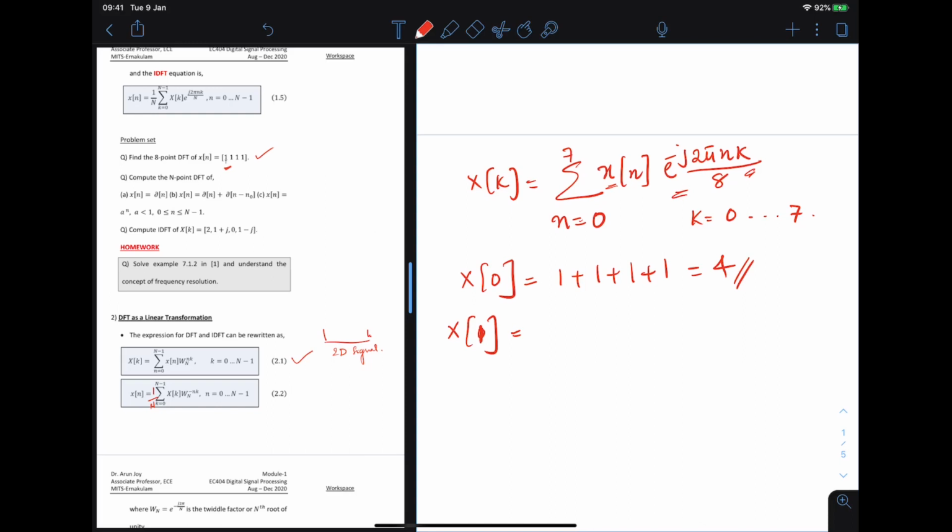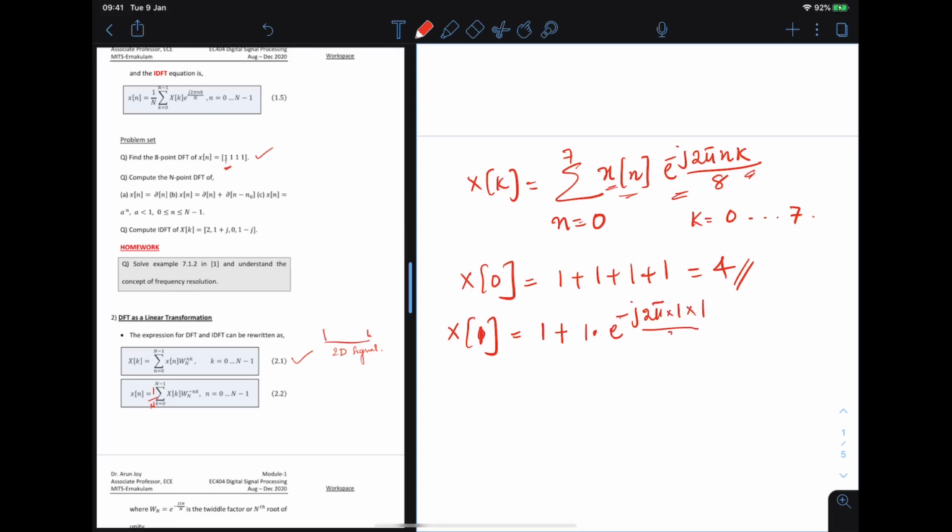So it will be the first sample, x of 0, that is 1, plus n equal to 1. So when n equal to 1, x of n is again 1. So it's 1 into e raised to minus j 2 pi, n is 1, 1 into 1 by 8